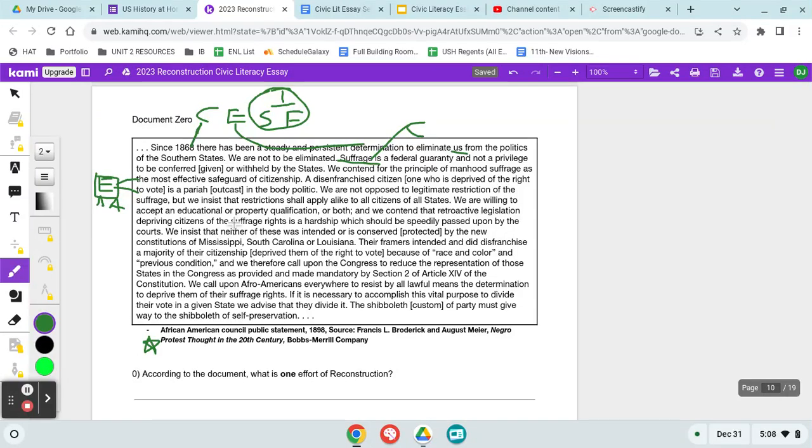"We are willing to accept an educational or property qualification or both, and we contend that retroactive legislation depriving citizens of the suffrage rights is a hardship which should be speedily passed upon by the courts." Okay, they're really asking here for the courts to make a ruling on these restrictions on voting. "But then we insist that neither of these was intended or is conserved by the new constitutions of Mississippi, South Carolina, or Louisiana." Again, this is probably efforts of,